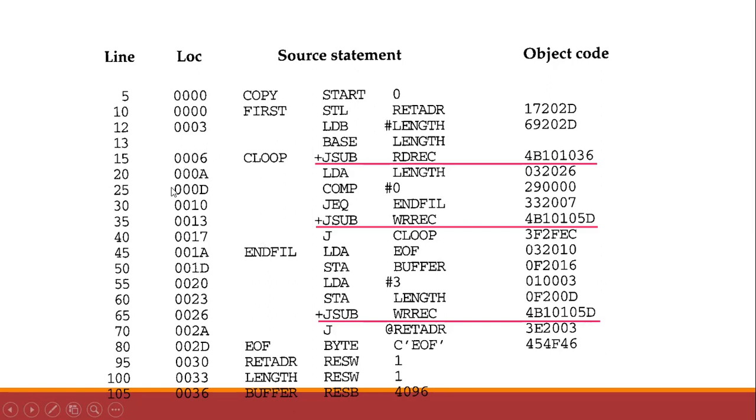For that, it needs the length of the program. It will find out how much memory is available. For example, instead of 0, suppose the starting address 1000 is available, then this program can be loaded there instead of waiting for that memory to become free. So if the program that starts at address 0 is loaded to memory address 1000, the object codes are now generated depending on the location address.